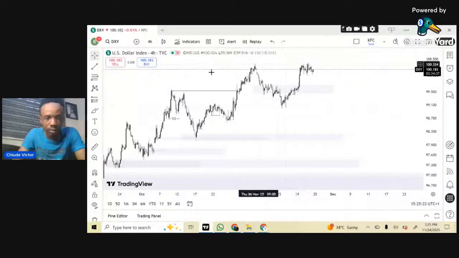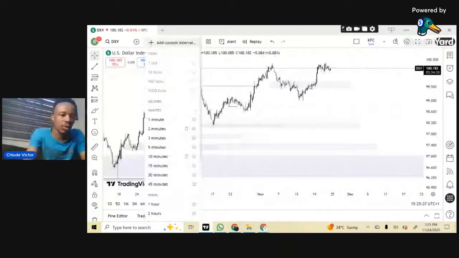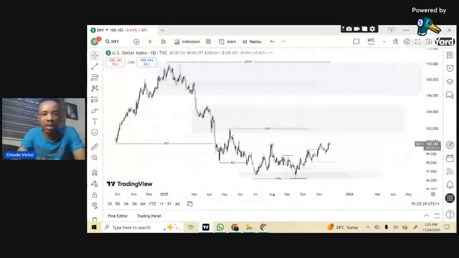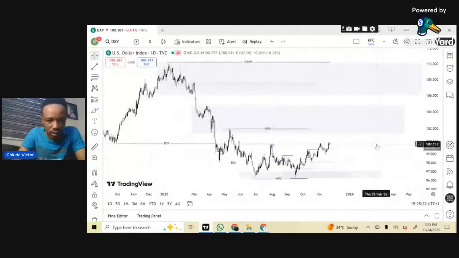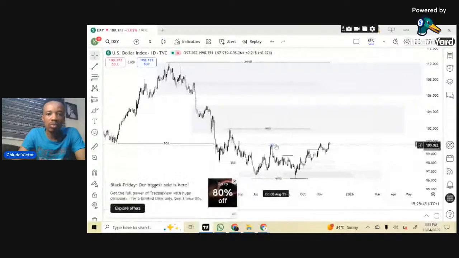So here's the dollar index, and if you look from the top down, which we did, you will see that the dollar index is on the bearish side. It's not been able to give us any confirmed bullish, both internal and external. Externally, it is bearish. Internally, the bullish move is at the peak of this liquidity side.